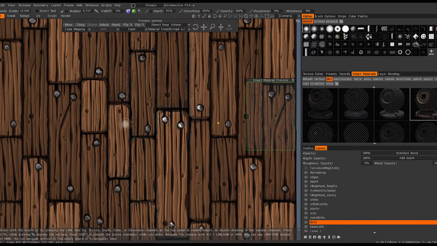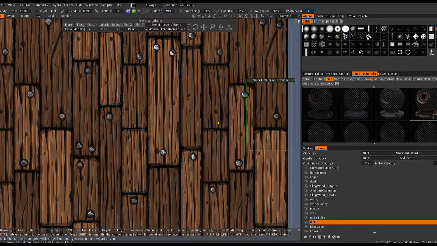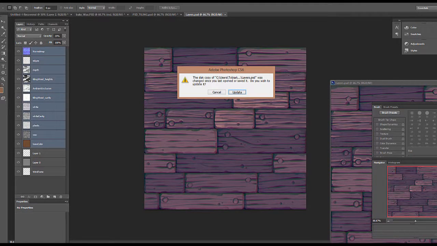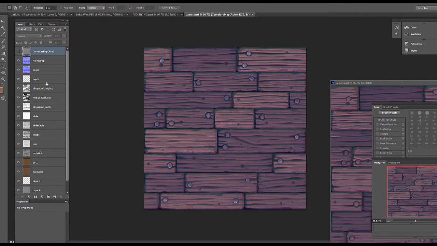And we're going to use this to get some color variation in there and use a little bit of a different color for the dirt. Once I'm happy, I'm going to hit Ctrl P again to go back into Photoshop and update my temporary layer